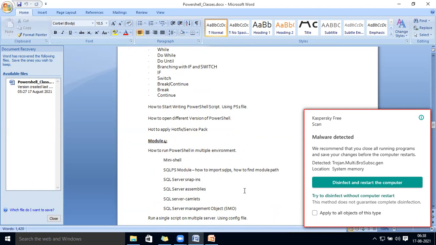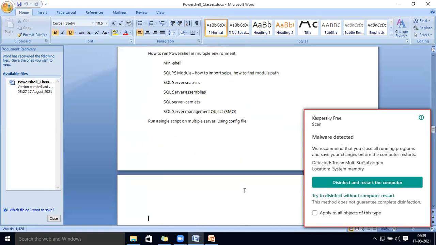Then, how we can start PowerShell using a PS1 file. A PS1 file is nothing but a PowerShell file, of different versions, because many times now the PowerShell version installed in my system is 5. I will explain all this. So if PowerShell version 5 is there, but many times you download a script from Google and you will not be able to run it in your environment. Maybe it was developed for PowerShell version 2, but in PowerShell there is one feature where you can downgrade, you can go downwards in your version. So how we can do that, we will learn.